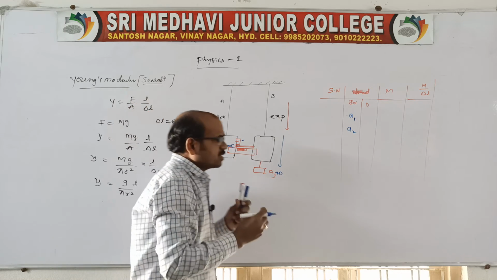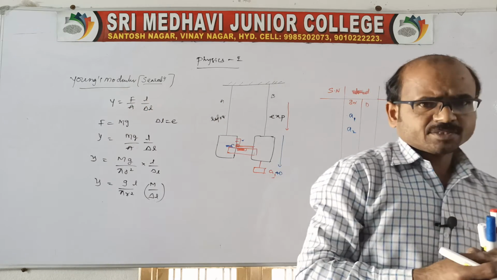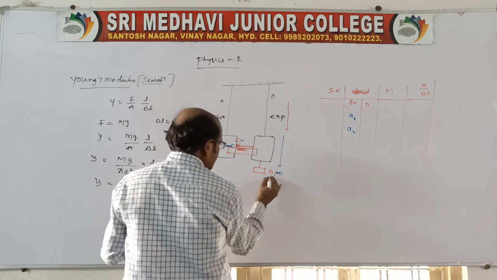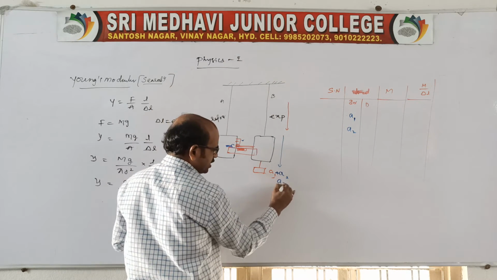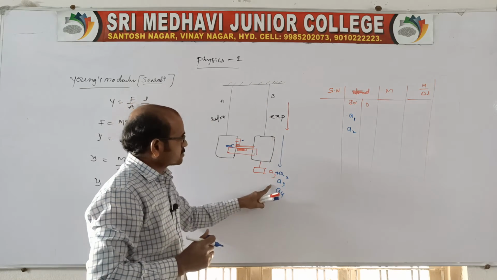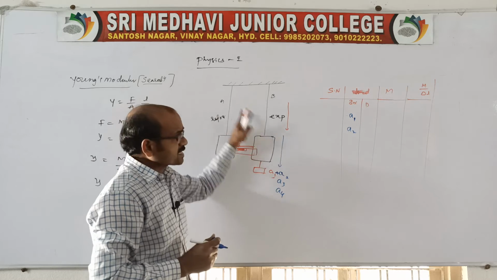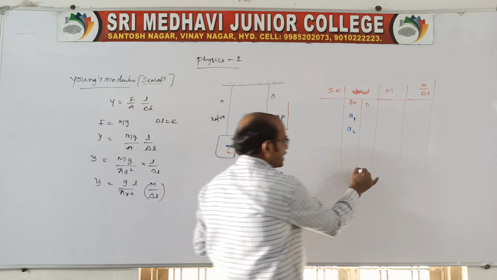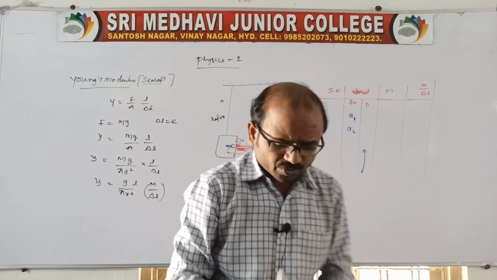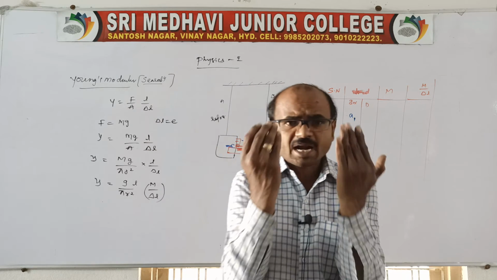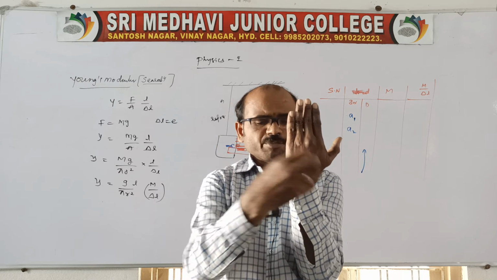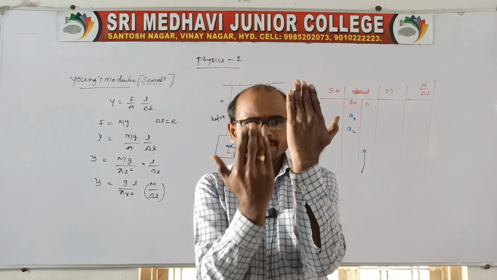Like this we can take 3 or 4 readings while increasing the load, so A2, A3 and A4 are the readings. Within the limit the load must be added. This is increasing, no? Now let us go for the decreasing, that means you remove A4. See, after adding A4 both remain in the horizontal. Now you remove A4, therefore this wire will come down.